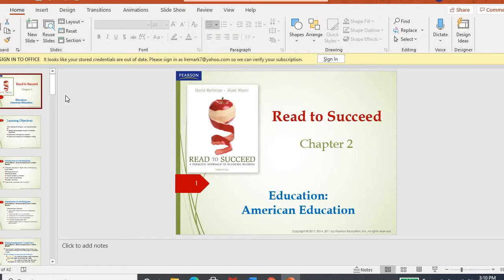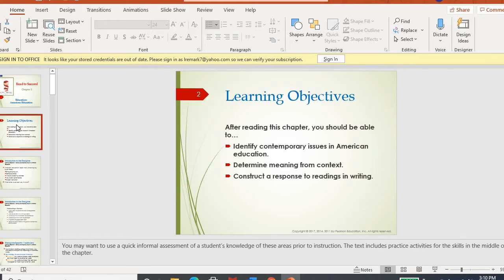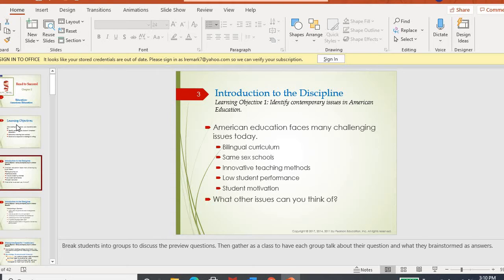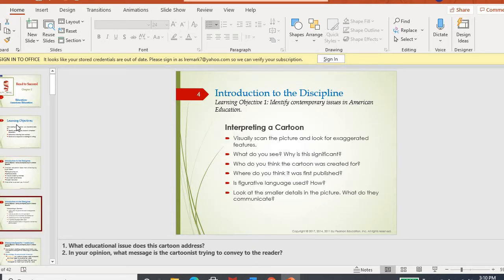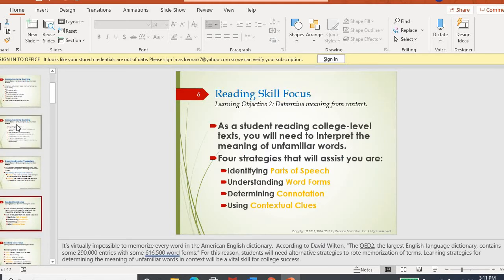So before we get back into the book, I do want to use my PowerPoint to start going through and talking about the reading skill, which I mentioned is determining meaning from context. So again, we're going to talk about education. There's the topics of what you're going to read about in the actual textbook for this chapter, but we're going to get to,